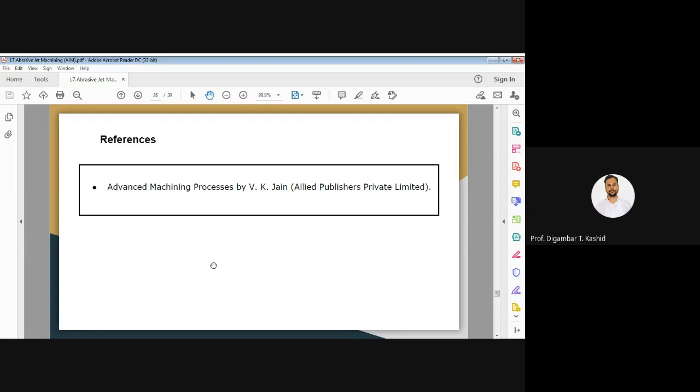I will just take a brief review of what we have learned. First we went through the introduction to the abrasive process, then its working principle and setup. We also explained the elements of the abrasive. Then we went for the second part, parametric analysis, that is the fishbone diagram, and the effect of different process parameters on material removal rate. Then the process capabilities of abrasive jet machining and its applications, and the various types of abrasive and nozzle material.